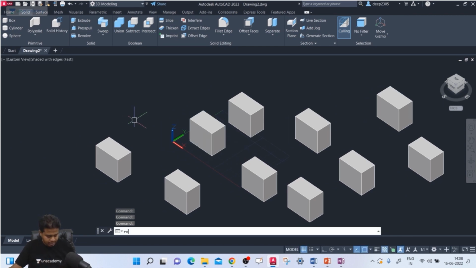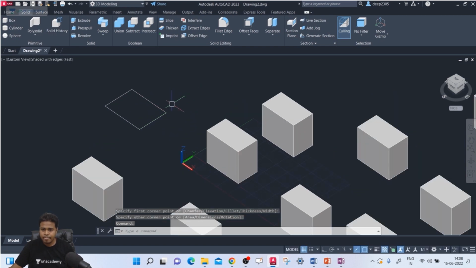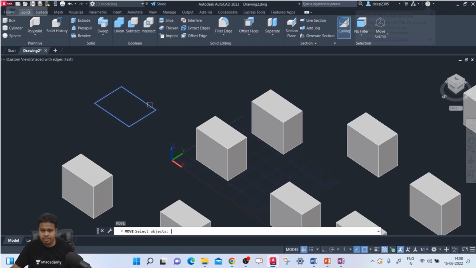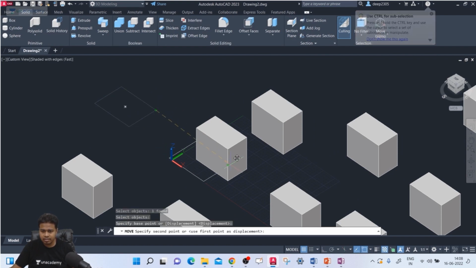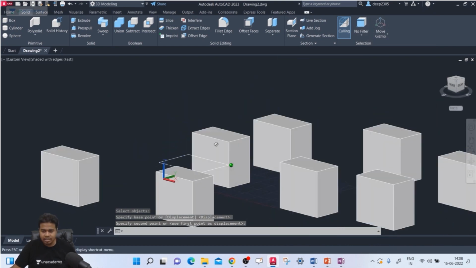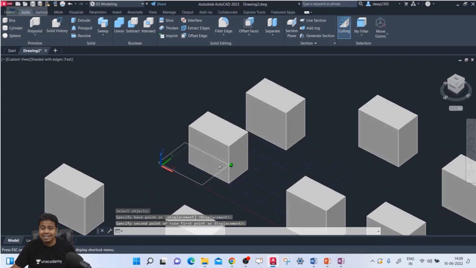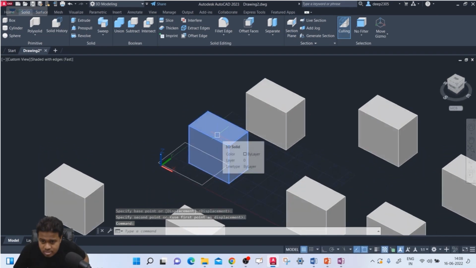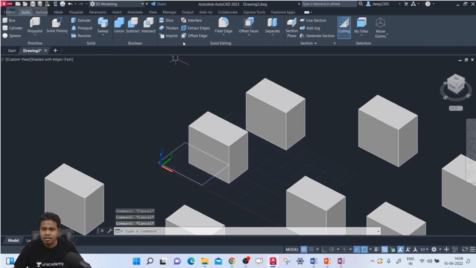Okay, let me draw a rectangle. Now let us move this particular rectangle from here to here so that we can see it. Now what I'll do, I'll try to cut this particular box with this particular rectangle. So go to slice,